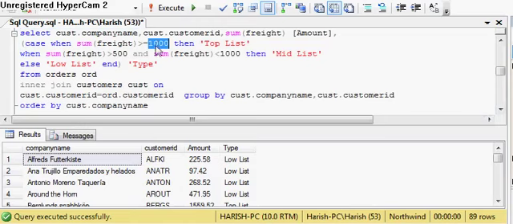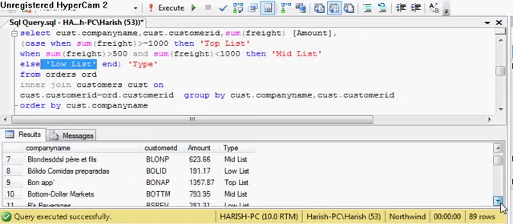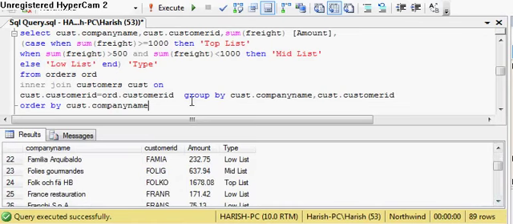I have to generate rank within each category. I want to give a category. I have to give rank from 1 and so on in the top list, and again I have to give a ranking within the mid category from 1 and so on, and in the low list also. So for this